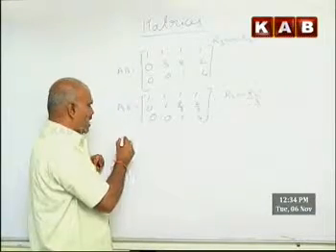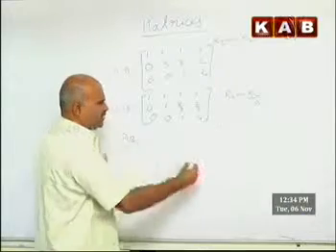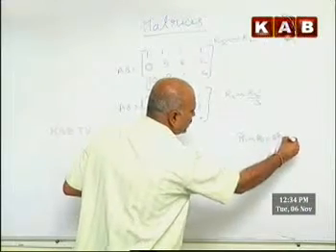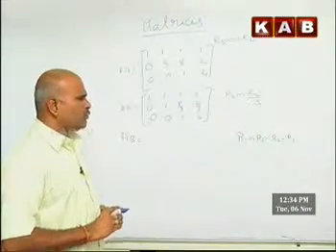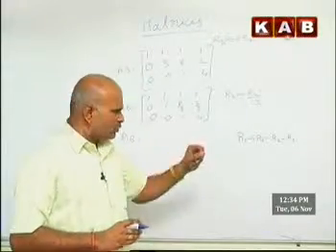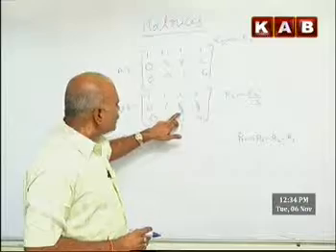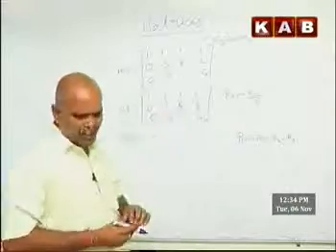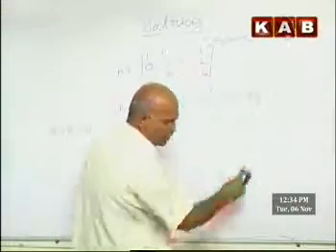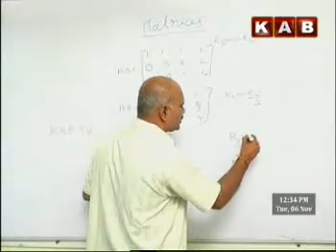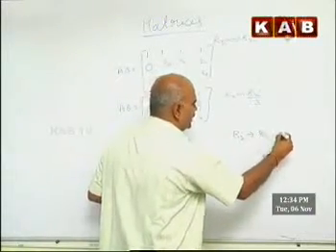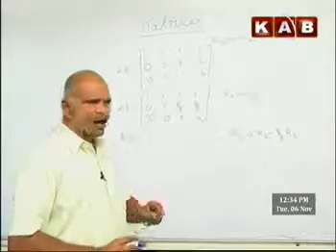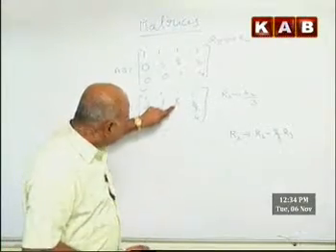Here in this part, AB will be written like this. The operation is R1 goes to R1 minus R2 minus R3. You get laborious. Better you make R2 first and then R1. See, if I get the R2 entry, this entry as 0, then I can get like this. See here, I am applying R2 is written as R2 minus 8 by 3 times of R3. What I am doing, observe here. I have to make this entry as 0.